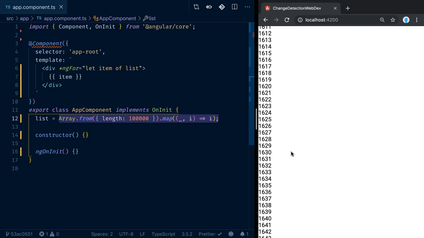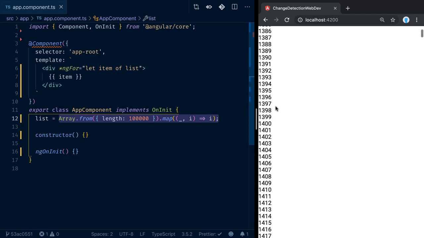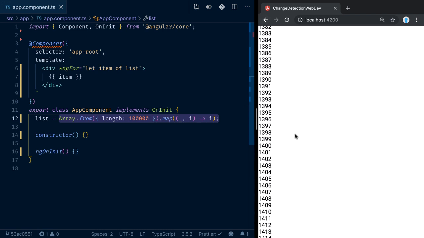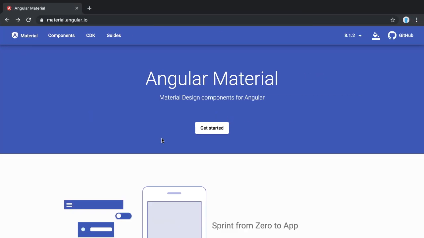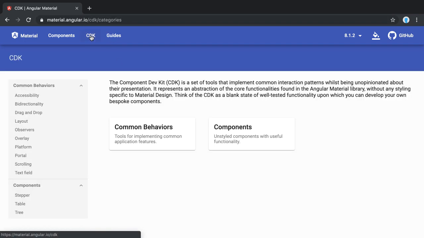So what we want to do is now optimize this, because actually we don't want to render all of the items, but just those items the user actually sees. This is what is called virtual scrolling. If you go over to material.angular.io, we have here a section CDK, which is the component development toolkit, which is